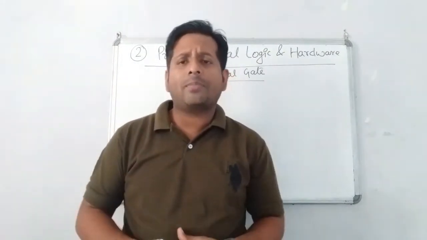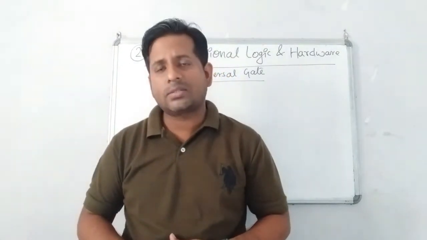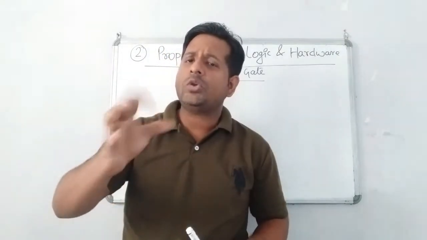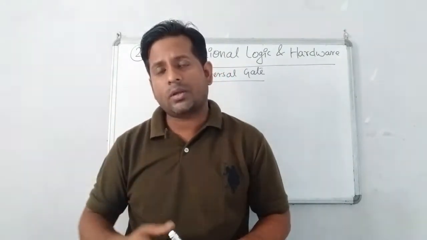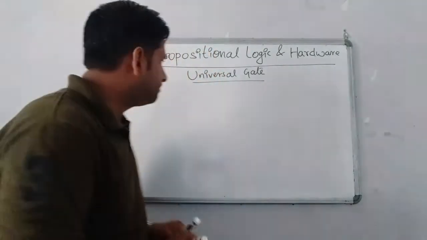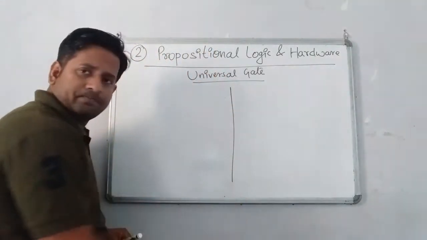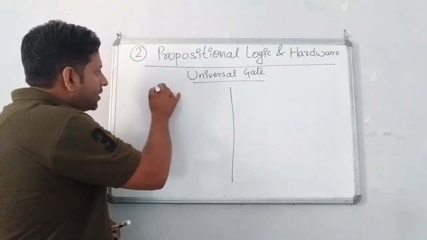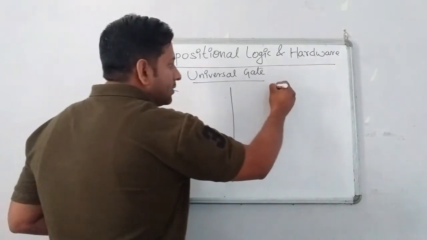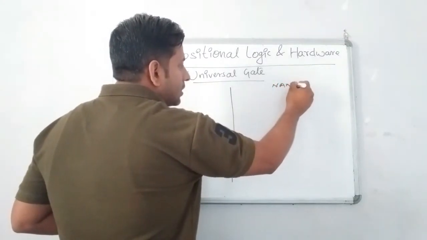As we already discussed basic gates, today first of all I am going to explain the universal gates and how they work. Uses and all you understood, I guess. Now see here, I'll divide the screen in two parts. The first part I am writing is the NOR gate. The second part is the NAND gate.